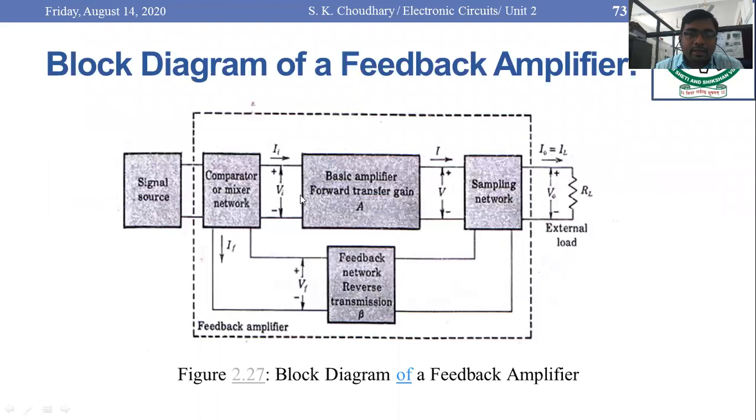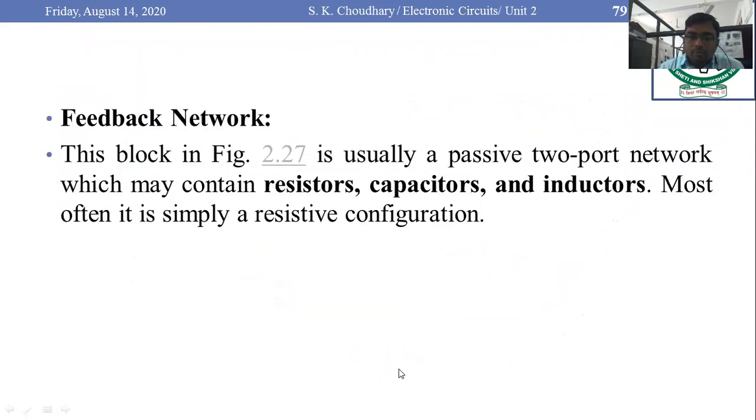You can see the feedback network once again through this block diagram. This is the feedback network that has the passive devices. And the feedback factor is basically beta, that is the ratio of the feedback voltage and output voltage, or feedback current and output current. Okay, now this is the whole description of this feedback amplifier.